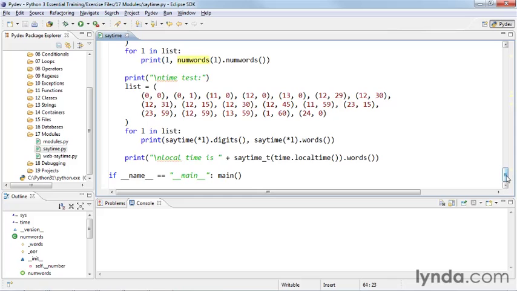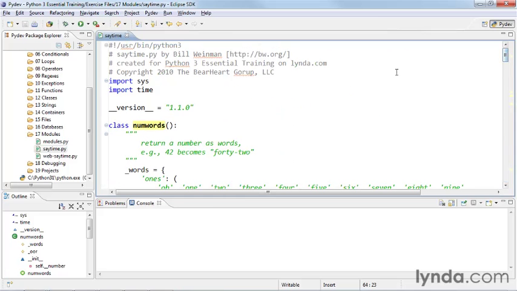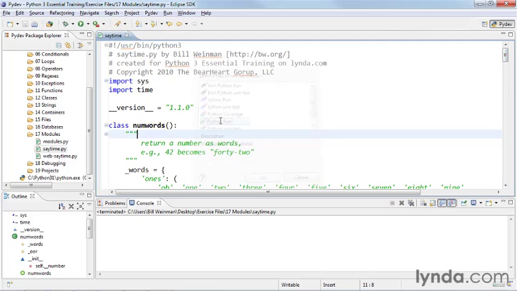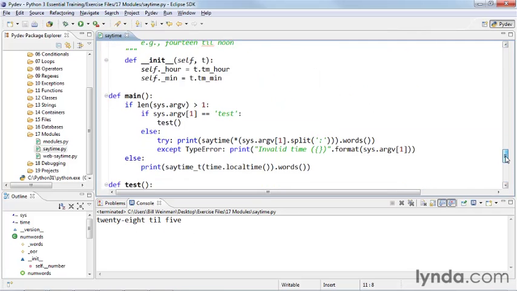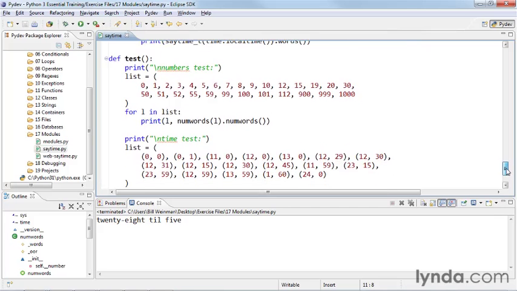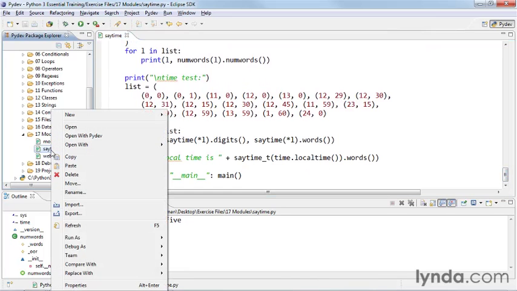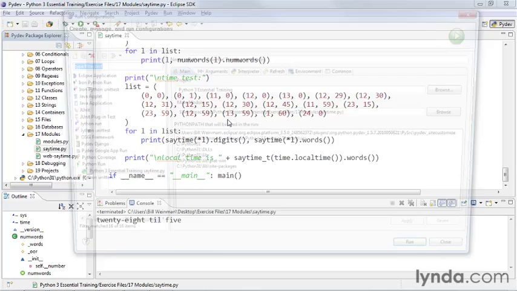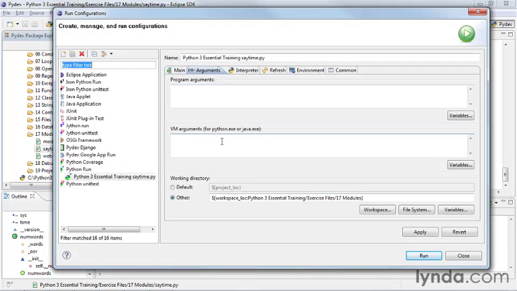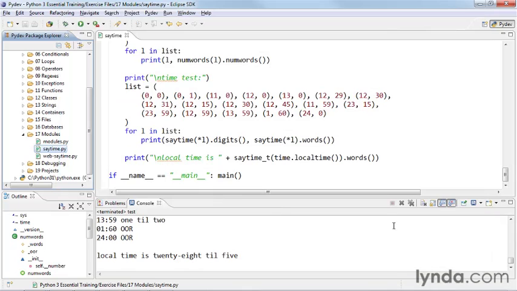And so all of this is put in a normal file, and really there's nothing special about the file. In fact, if I run it, I'll go ahead and do that. You see that it gives the time right now, 28 till 5. It can also be run with an argument that has it run these tests, and in Eclipse, it's a little bit of a production to get it to do that. To come over here and give it an argument, say test, and apply and run,